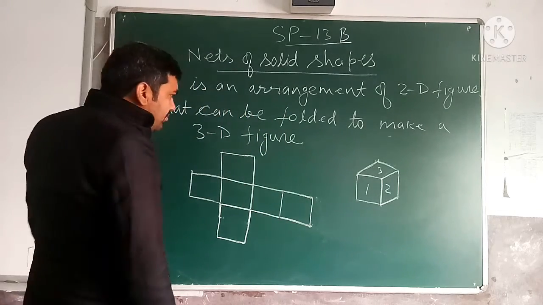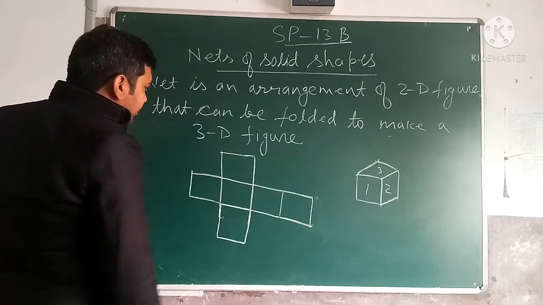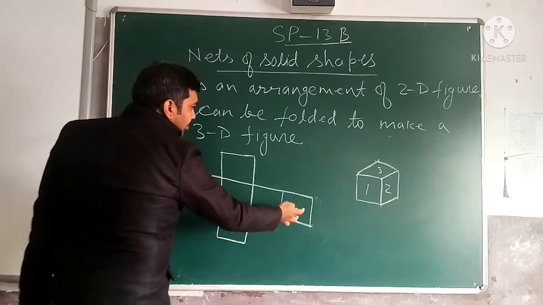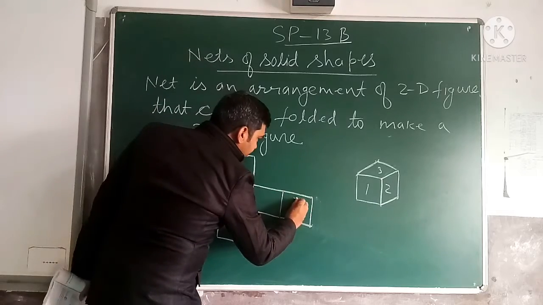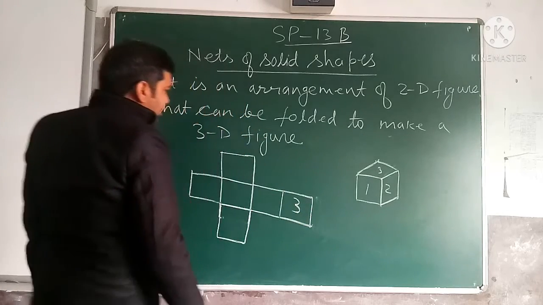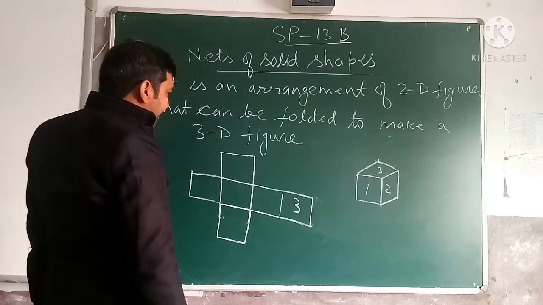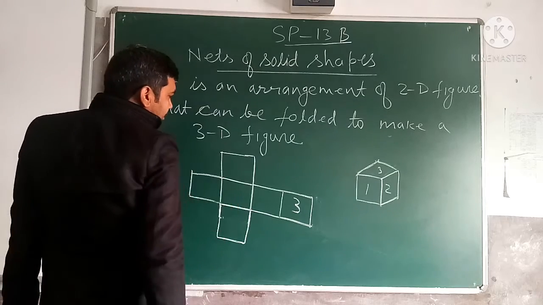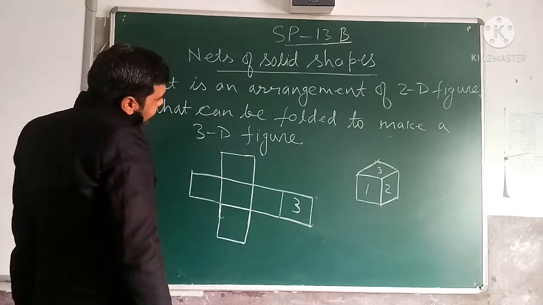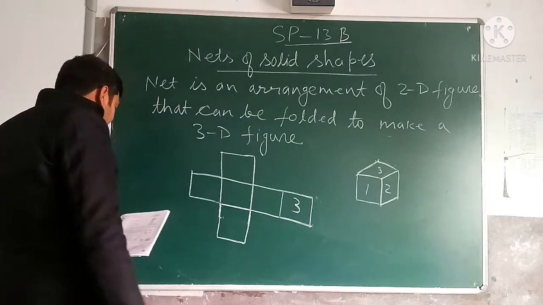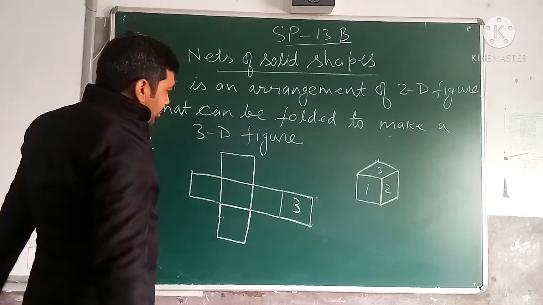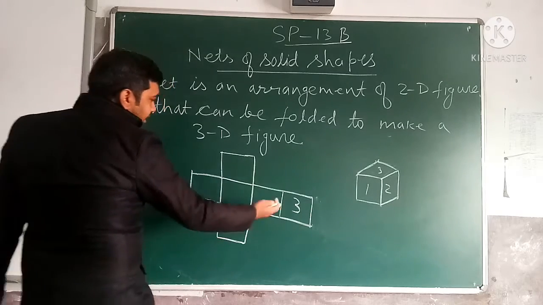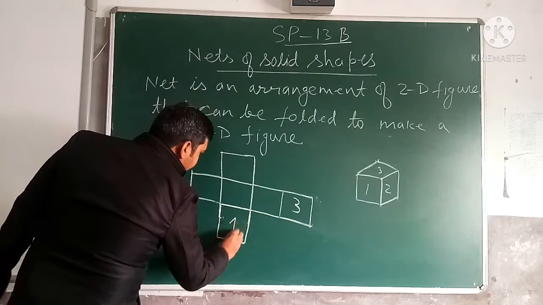One face that you are looking at here is the bottom face. This is the top face, 3. What you are looking at, that is the top face, 3 here. This is the front face. This is the bottom face, which is hidden. So behind the 3 we can take as 4. Now see, this is the front face which we are facing, face 1. This is the front face.